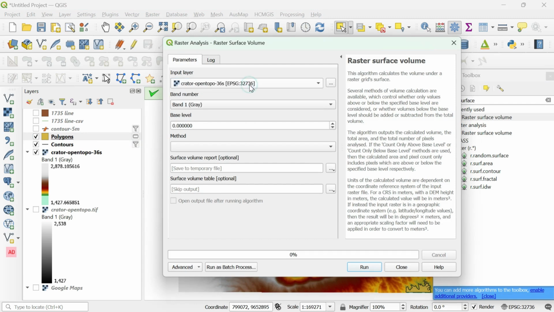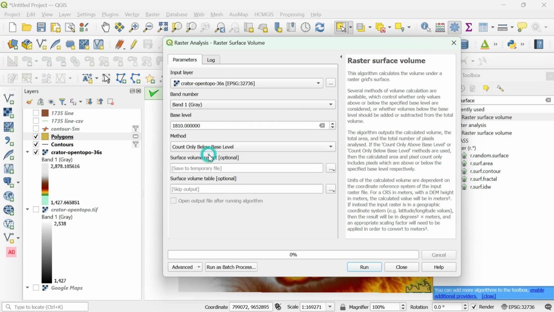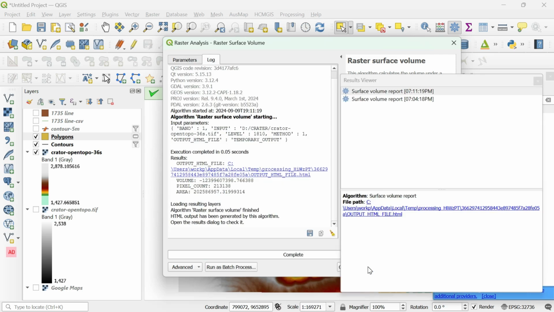And now next process, same, the raster, add the raster layer. Our raster is okay, and base level 1810 we'll choose, and below base level. Okay, then we have to run.